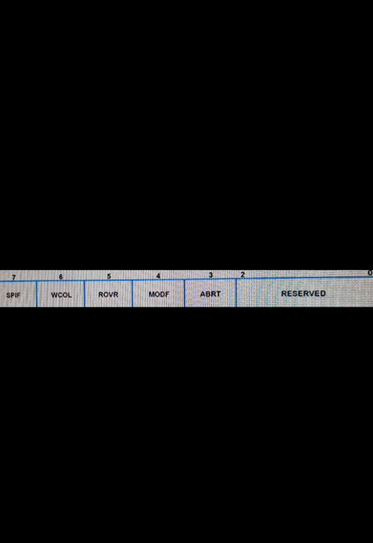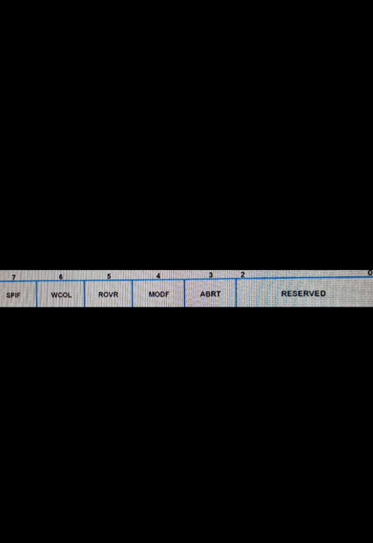That means when this bit is 0, there is no slave abort, and when this bit is 1, a slave abort occurred, and that bit is cleared by reading the register. Bit number 4 is MODF, that means mode fault. In SPI master mode, if the SSEL, that means the slave select signal, goes active low, it means another SPI master has selected this device as a slave, and this condition is known as a mode fault.